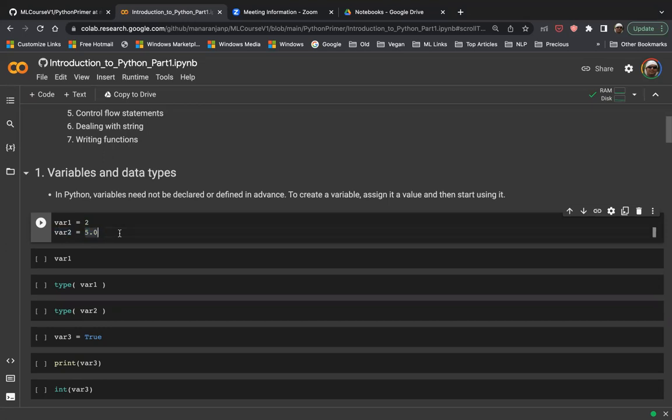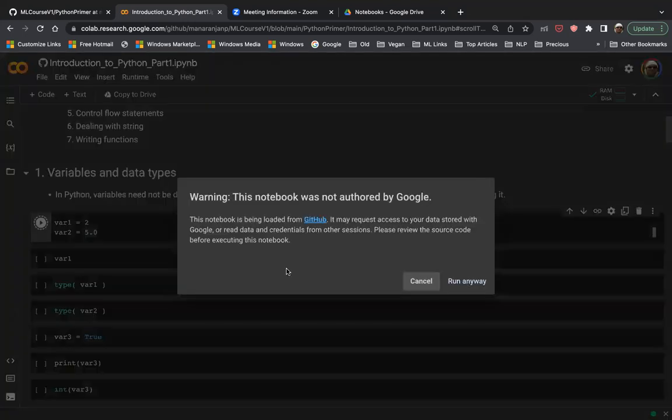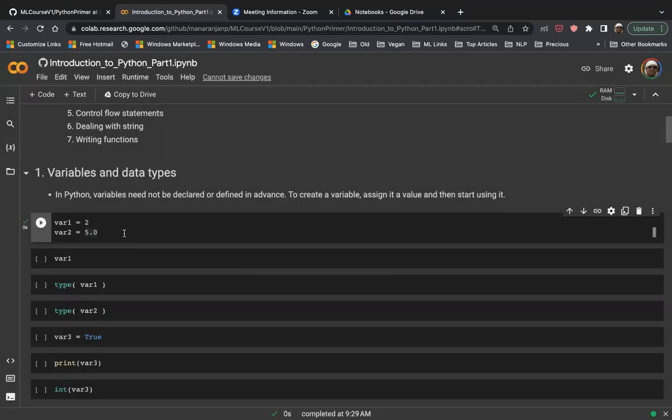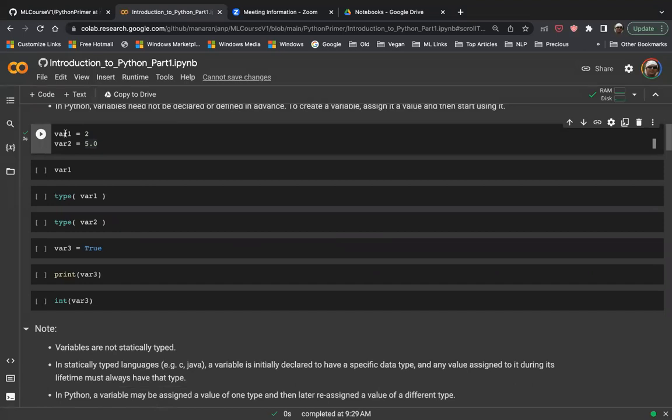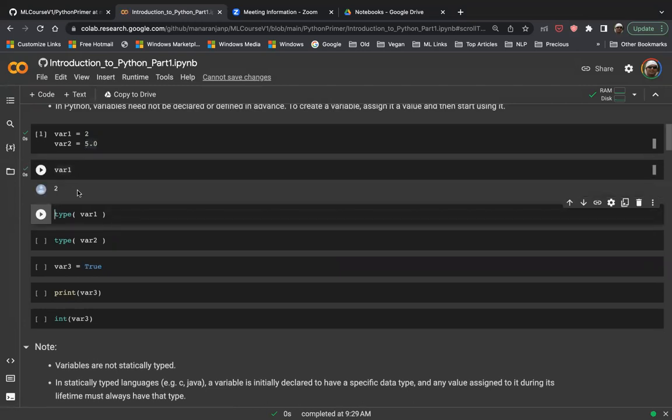So if I go and execute this cell now, which I can do by pressing this play button here, or you can also use shortcut keys like Shift Enter or Control Enter, depending on whether you're using a Mac or Windows machine. So let's go ahead and click that. When you start the notebook at the beginning, execution basically asks for an authorization. You can run anyway. So now if you look at just print var1, it's going to print the value of var1, 2,